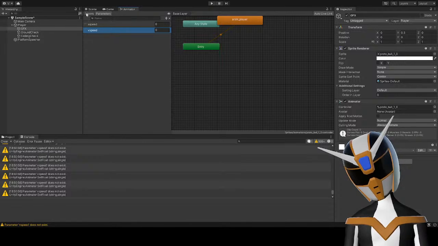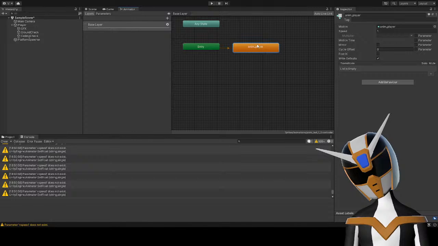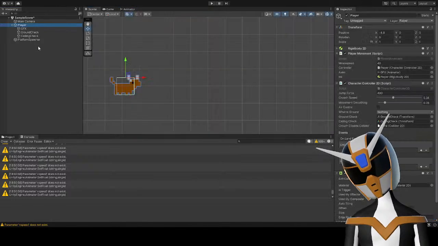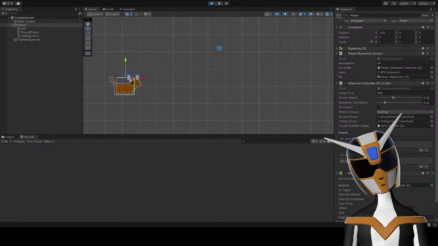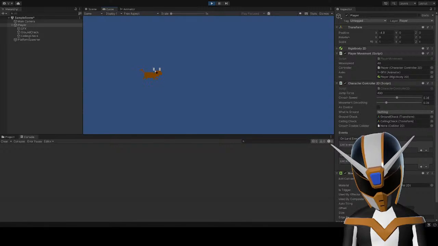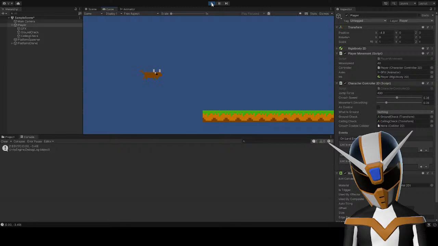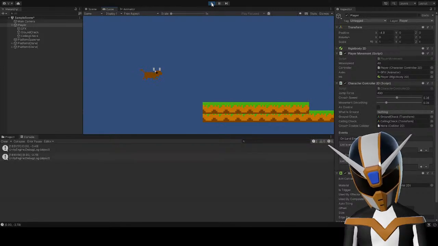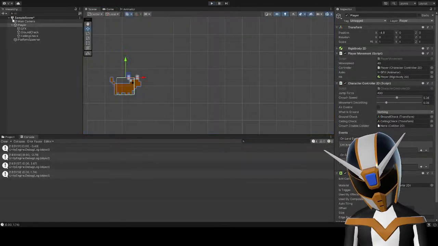Okay. I don't think I'm really gonna use those anyway, but I'll have them here just so that they're there. Now, is he gonna start running? No. Why not? Tell me why. Why does he not run?